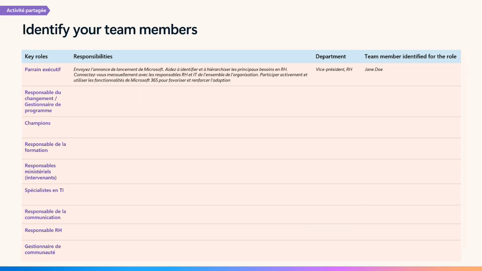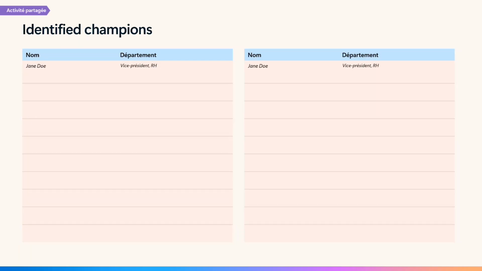This one is a kind of table that you can provide to your customer, especially when they are starting to adopt Copilot. For example, to identify the team members: who is the executive sponsor, who are the champions, who are the training lead, the IT specialist, the communication specialist, and the other persons. And if I go into more detail, they can put on this table who are the different champions, who are the different trainers, and when we start to adopt Copilot,